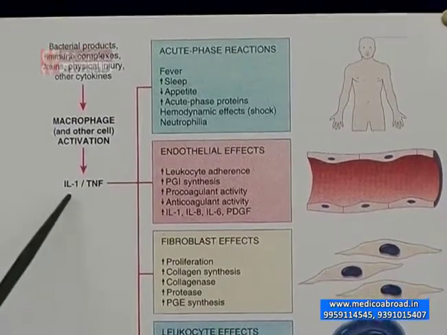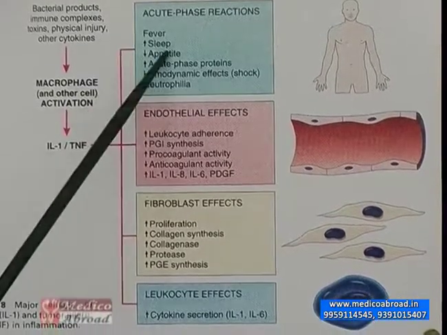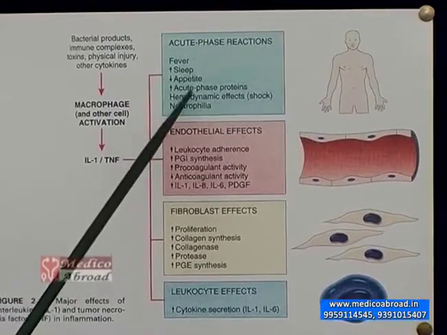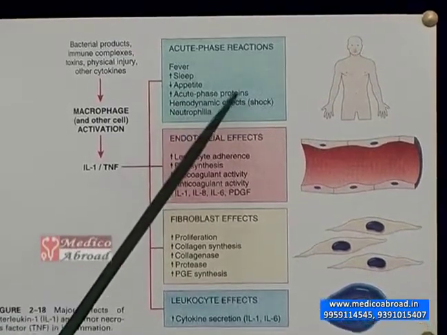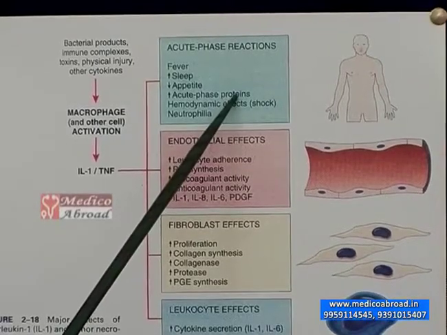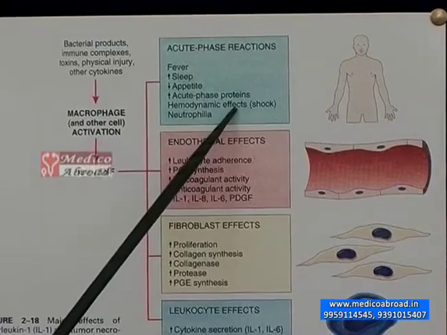They elaborate substances like interleukin-1 and tumor necrosis factor, which have a role to play in fever, increased sleep, decreased appetite. There is production of acute phase proteins, for example, C-reactive protein, fibrinogen, etc. There are also hemodynamic effects. There may be a large-scale